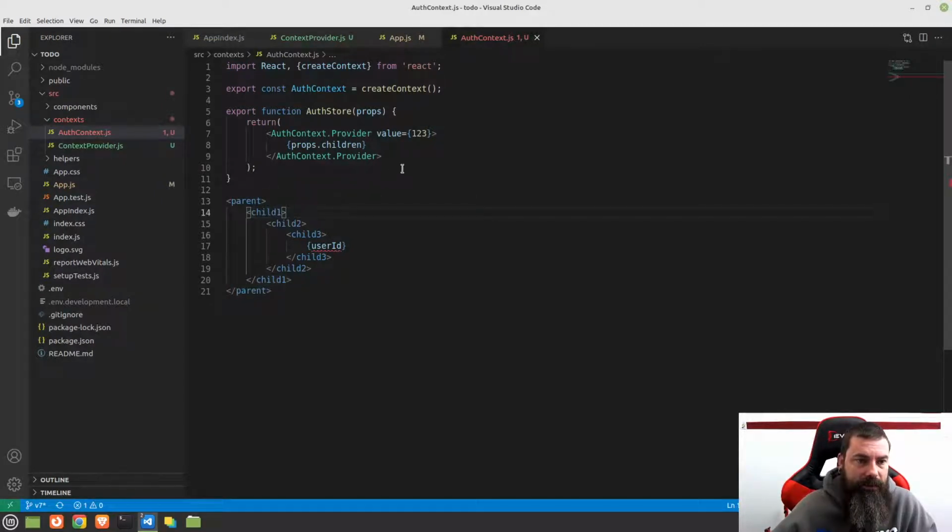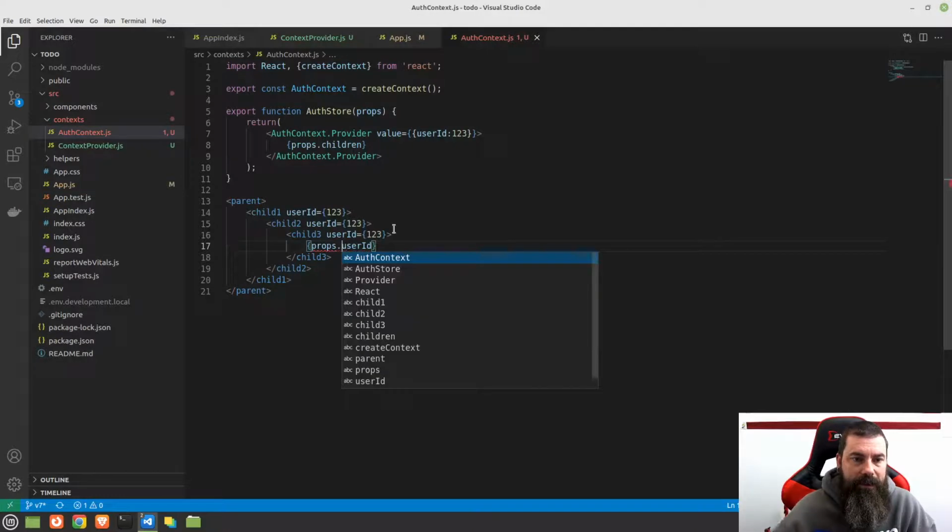call this child. You'd have to send props down of user ID is equal to 1 2 3, and then in child 2 would also need to pass that down. So you have user ID 1 2 3, and then in this child you would need user ID 1 2 3. And in fact, what we're going to do here, let's just make this an object that we pass down, and this will be user ID. All right. So then right here you would finally have access to props.userid,